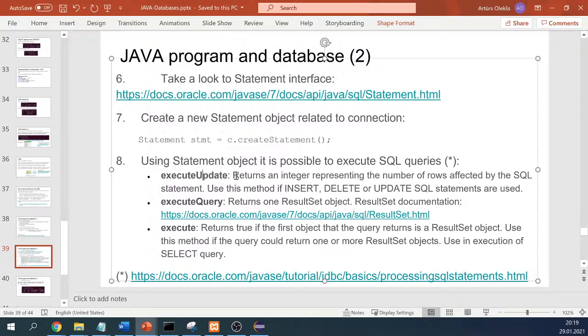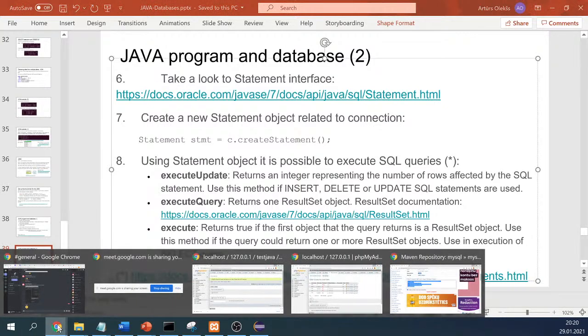There are different options to do this. Execute update actually provides the command insert, delete or update for SQL. Then execute query just simply executes the query. But in this case, if execute update is called, then it returns an integer which represents how many rows were affected. For example,